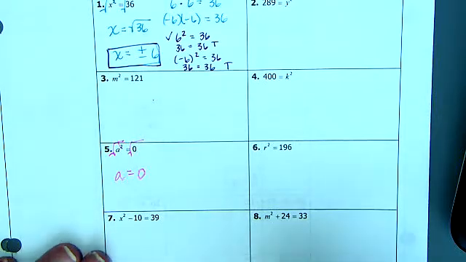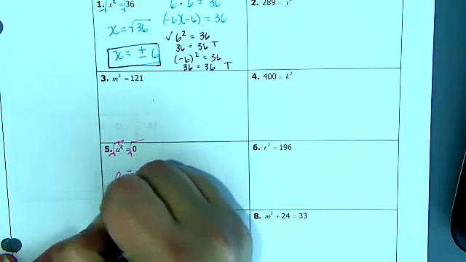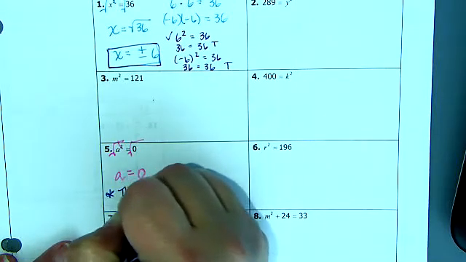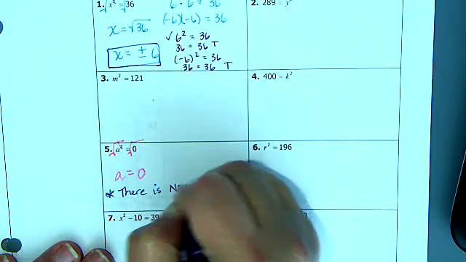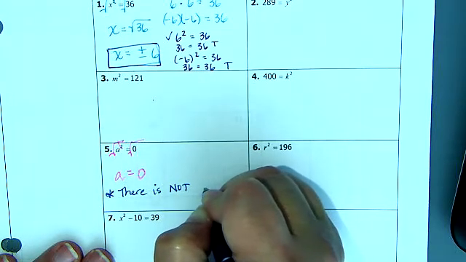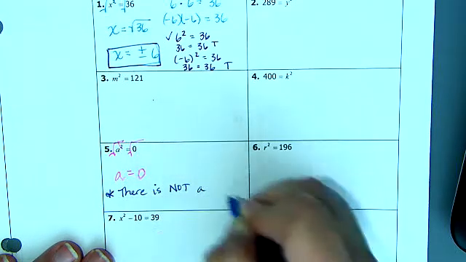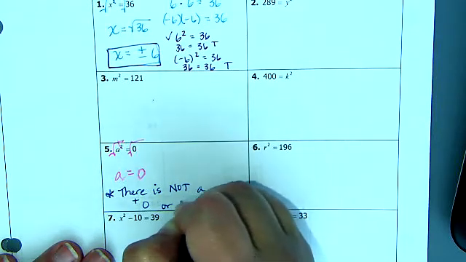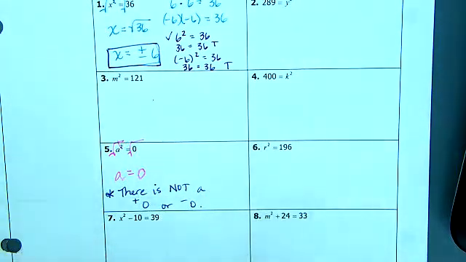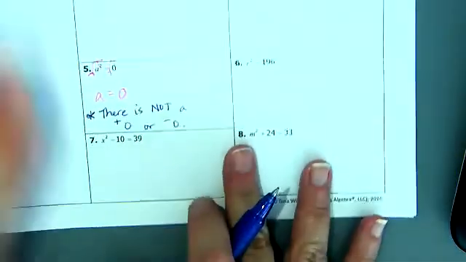Okay. So something to remember here. There is not a positive 0 or negative 0. It's just 0. And our next example,